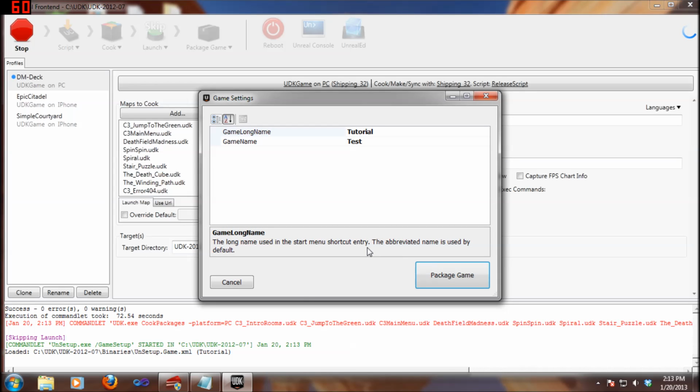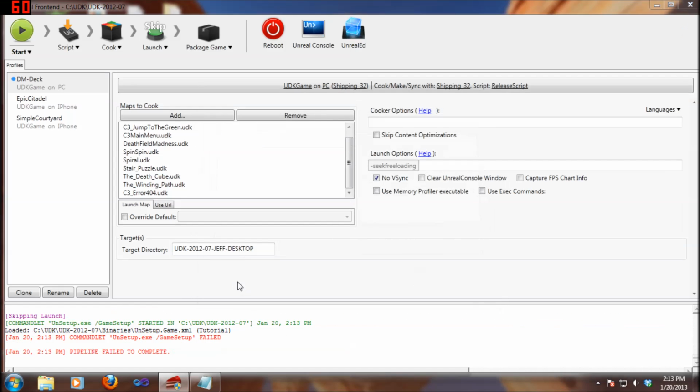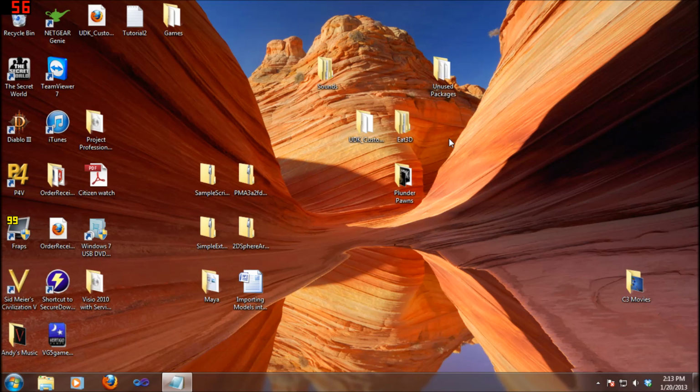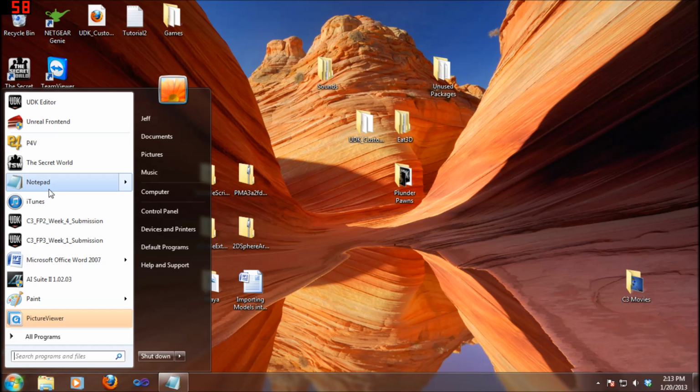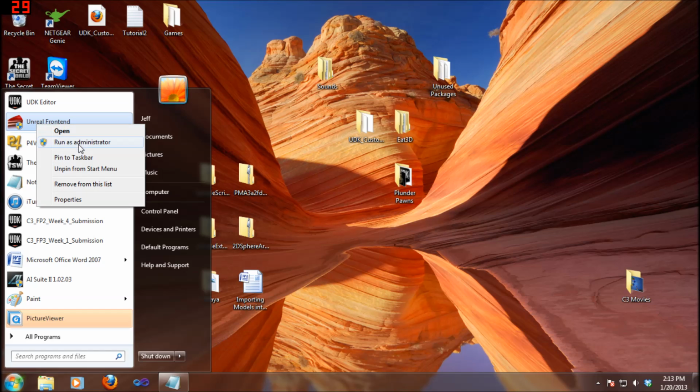Alright, this actually did not error out on me, which is a good thing, but I'm going to go ahead and cancel this so that I can show you two common problems I have found relative to getting Unreal Frontend to crash while it's building. So I'm going to close this. The first of these is that Unreal Frontend actually wants to be run with administrative rights. I have administrative rights on this computer, however, for some reason it's not defaulting to let me use them, so I just need to right click, run as administrator,